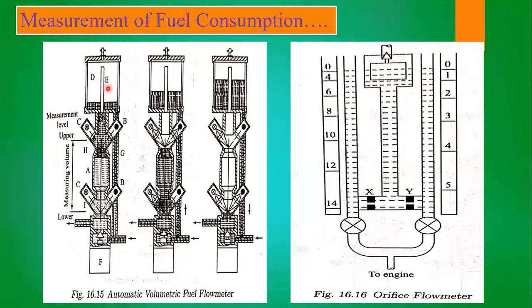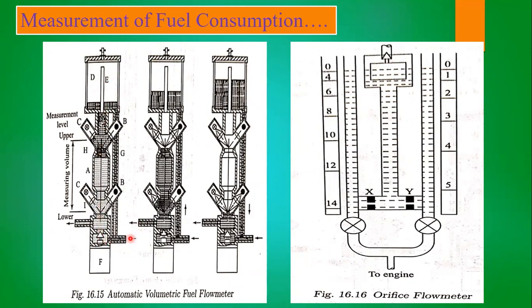So whenever we start the measurement of fuel consumption, the equalization chamber is filled first. After filling, through this air pipe, the fuel is distributed to all the parts. That means it will fill the whole device, the whole measuring volume, with fuel supplied from the equalization chamber.